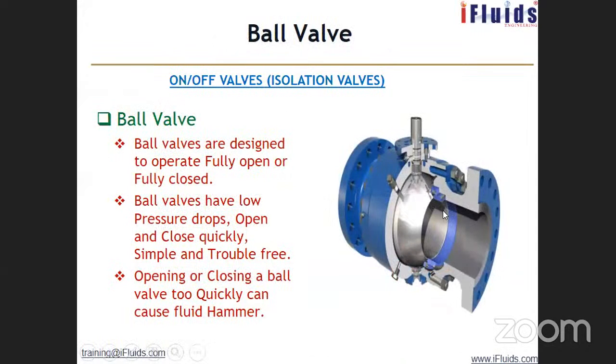Ball valve, the name implies the valve body. Inside, the operating part of the valve is in the shape of a ball, and there is an opening. You can see the opening here. When you match the opening with the pipe ID, it allows the flow. And there is a lever on the top of it, and when you turn it, it closes. It is a quarter turn valve. It is called quarter turn. When you turn the handle on the valve by 90 degrees,